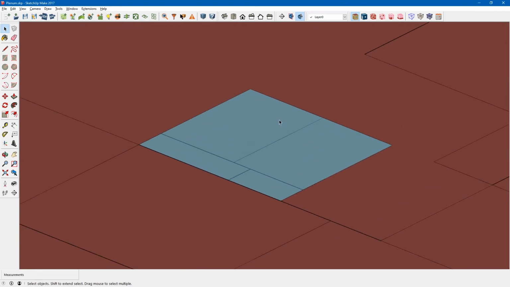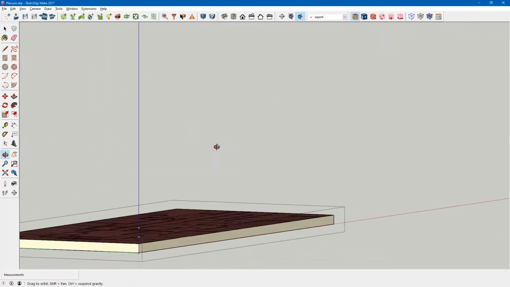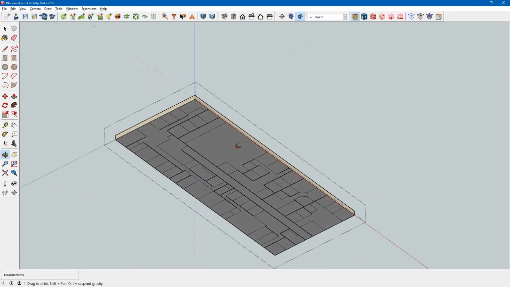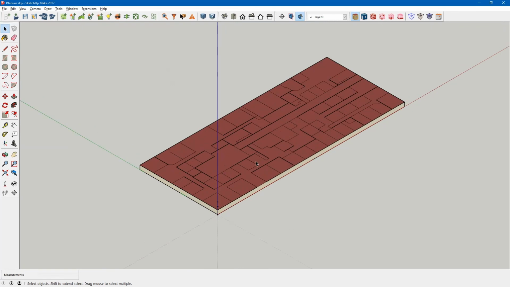Sometimes it takes a little extra work, but you can cross over this, just delete this surface, redraw the surface, delete this surface, redraw the surface, and we can delete this extra line in the middle. And we've fixed all of our skylights, and you can see that the floor is the floor and the ceiling is the ceiling, and we've created our plenum.